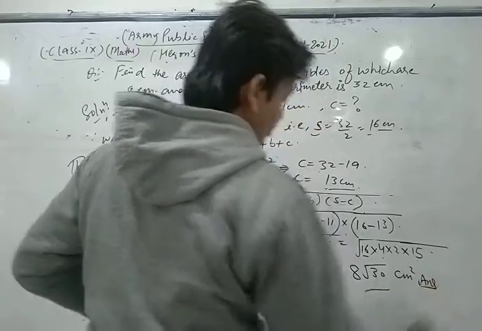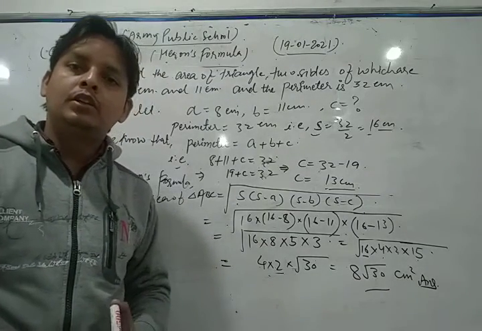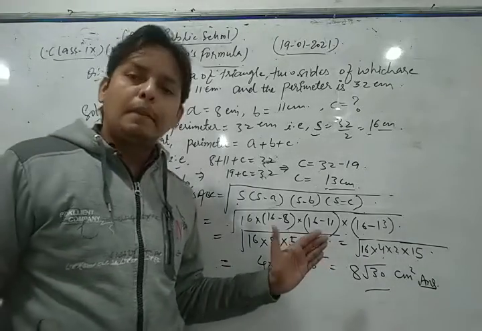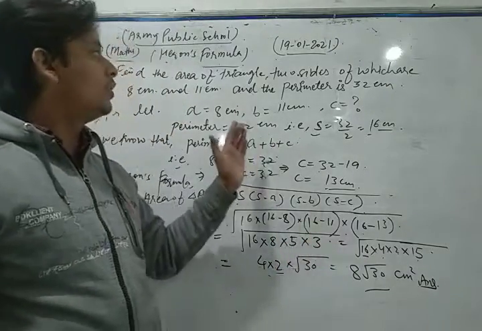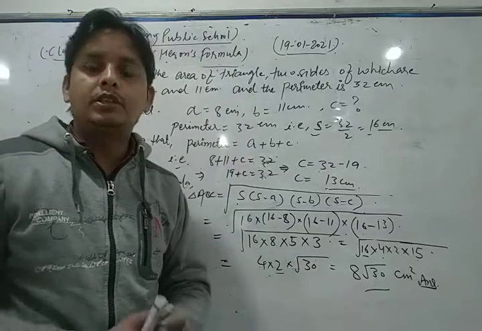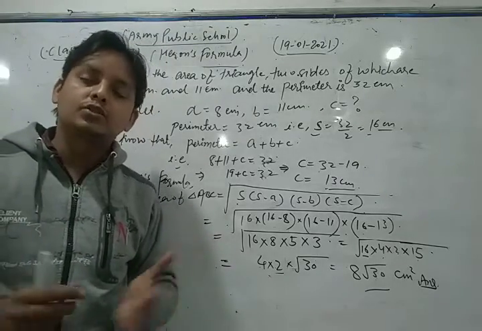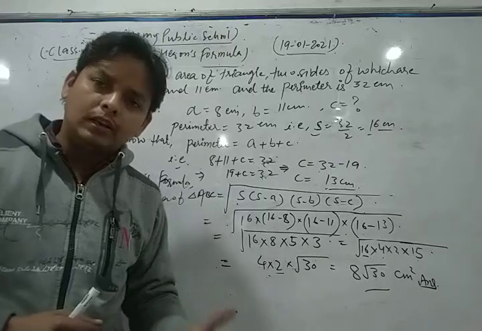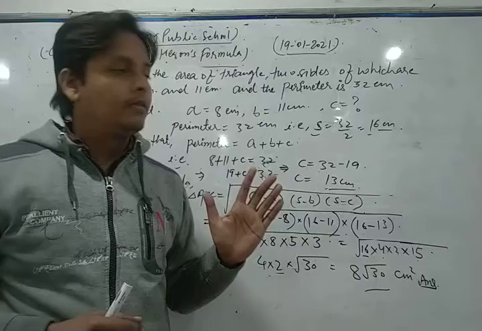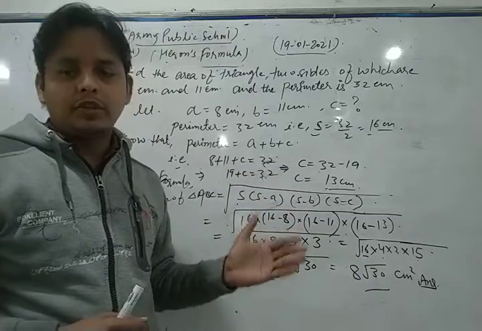This is our required solution of the given question. Hence, in this way we can say that the area of the given triangle is 8 under root 13 centimeter square. Centimeter square is used because area is always in square units, and sides or lengths are always in units like centimeter, meter or millimeter. In this way you can solve each and every question of your NCERT exercise.